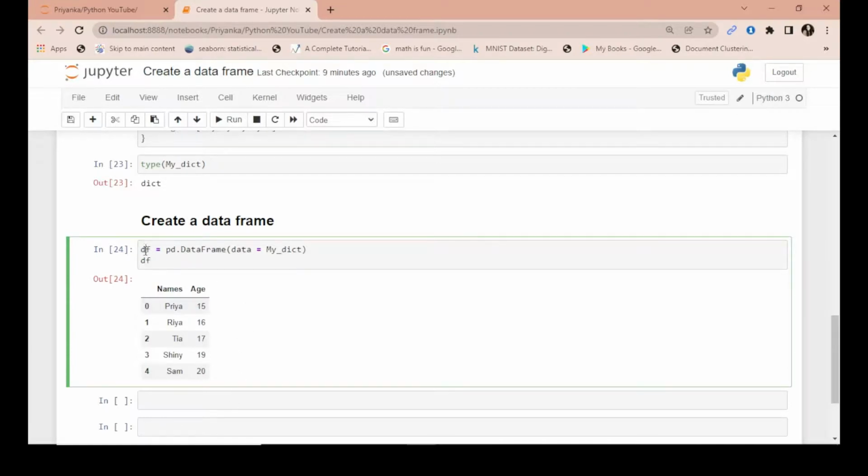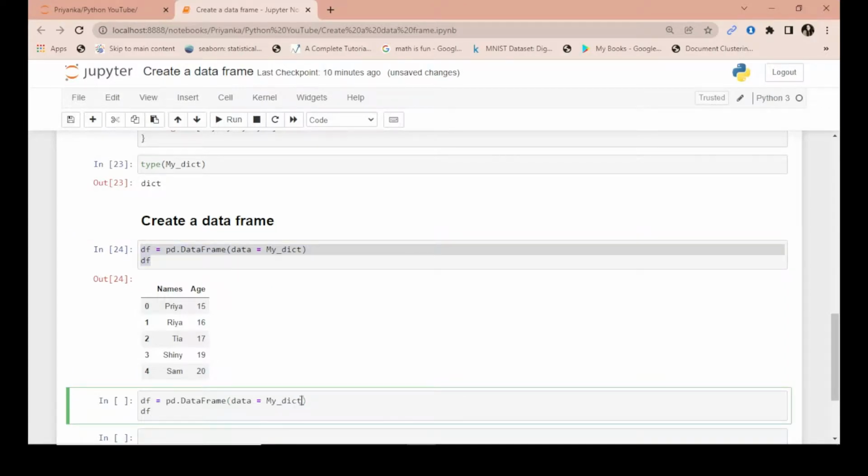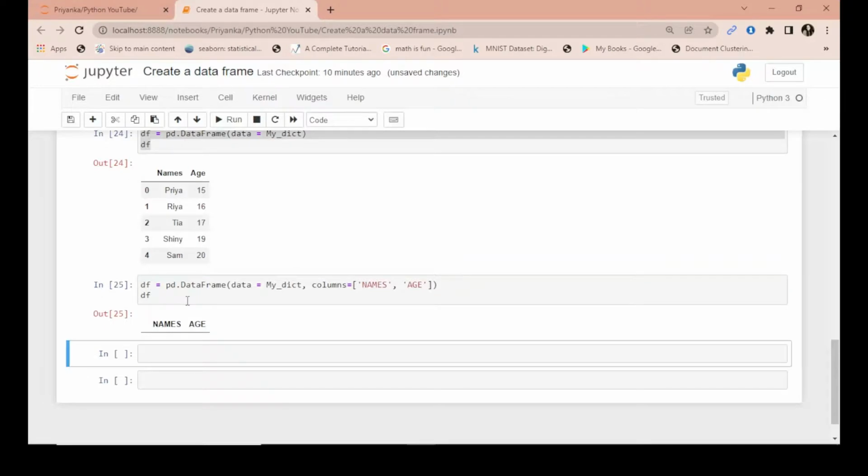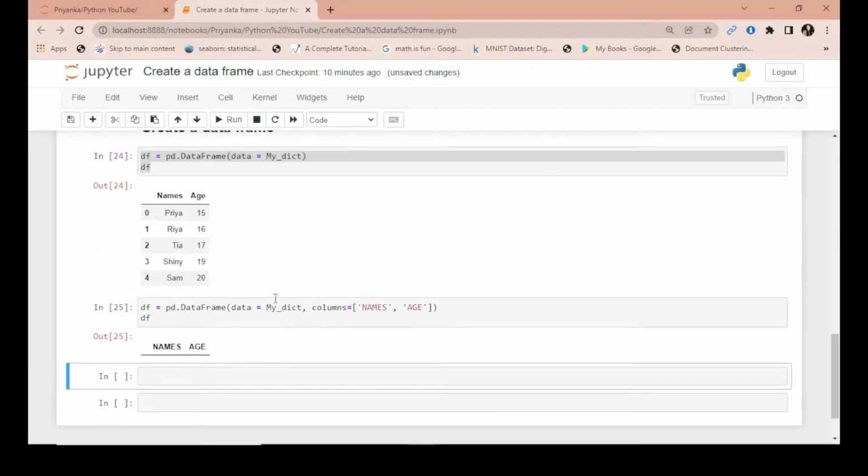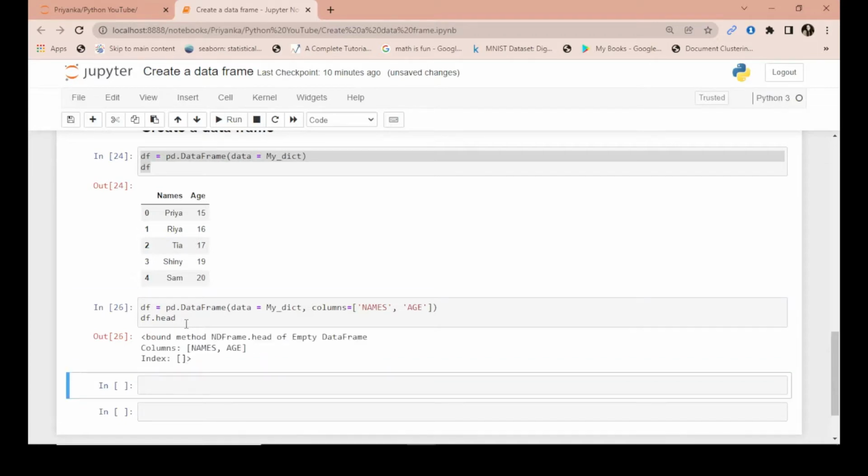Now suppose I give columns, and let us give different columns, for checking whether it replaces them or not. So I give here age in caps lock, and here names in capital letters. So let's see. Alright, can you see? It has not given me the data beneath those columns. Why? I don't know. So df.head, if I just call it,